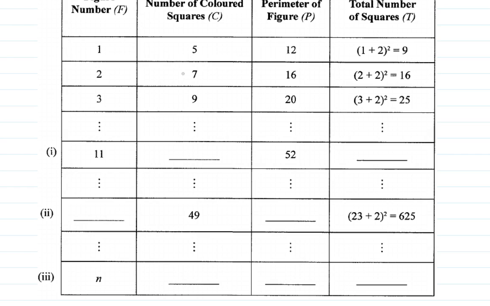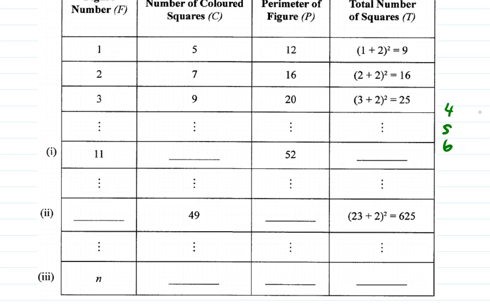Let us study this pattern first. 1 to 5, 2 to 7, 3 to 9. So if there was a 4, I notice 1, 2, 3, then you have 4, 5, 6, and so on. But the number of colored squares,